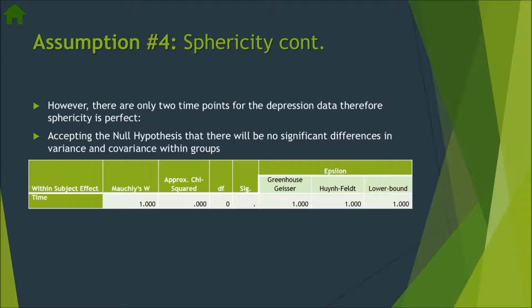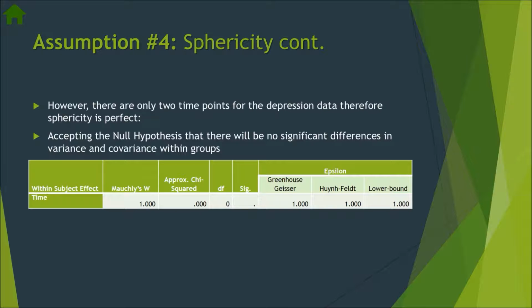Now, as you can see in the table, for the significant value, it doesn't give us a value because there is only one correlation, and therefore sphericity is perfect. And you can also see that the correction factors are 1. So if you try and multiply the degrees of freedom by 1, it will still give you the exact degrees of freedom that you started with, because multiplying anything by 1 will just keep it at its original value. So for our example, we know that sphericity is satisfied, and therefore we don't need to use any of the